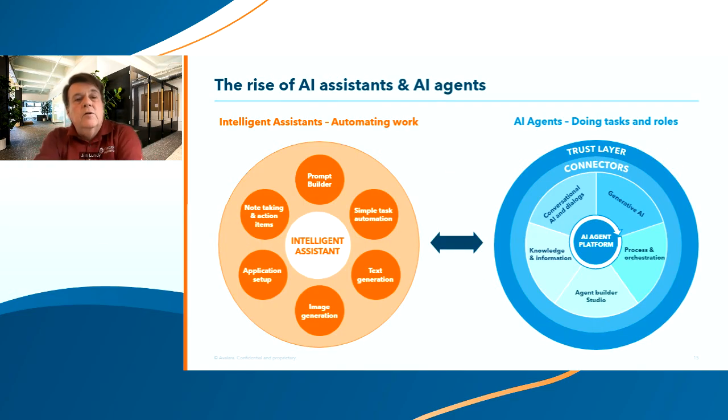So, there are 2 classes we would look at. The idea of an intelligent assistant is basically a fixed thing. It might be just something that answers questions. It might be able to build a mini agent to do some things, like write a blog. And then there's the idea of an agent platform, where you can actually build these task-based agents